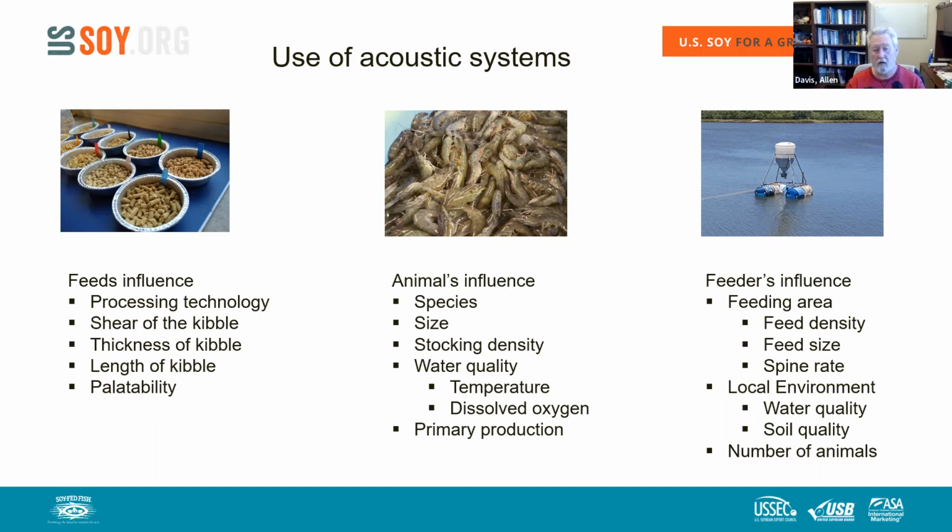But, you know, the feeding area, which means the density of feed that's being laid out, the size of the feed, the spin rate. Realize that the area that's fed is based on how fast that motor is spinning and able to throw something, but also the size and the weight of that product that's being thrown out there. So there's lots of things. And then there's factors that are affecting this also in terms of environmental quality, so water quality, soil quality, numbers of animals. All these things are interesting things that we can kind of look at around this optic of acoustics